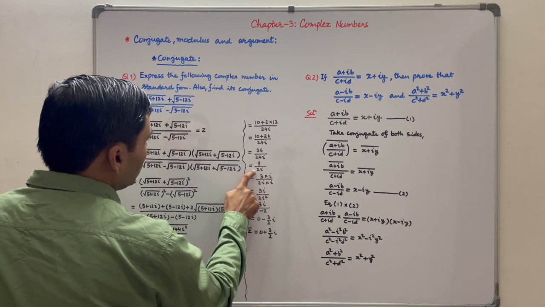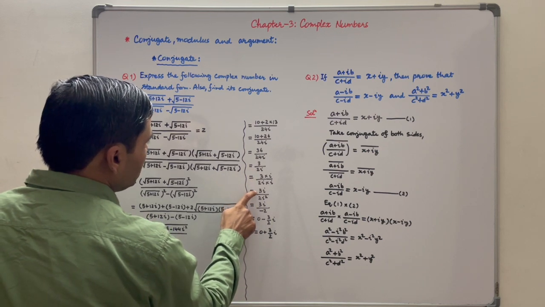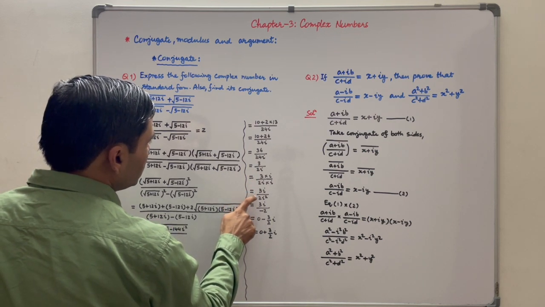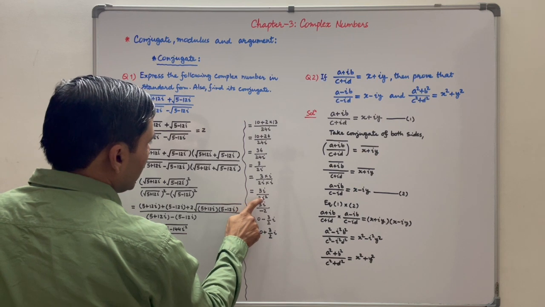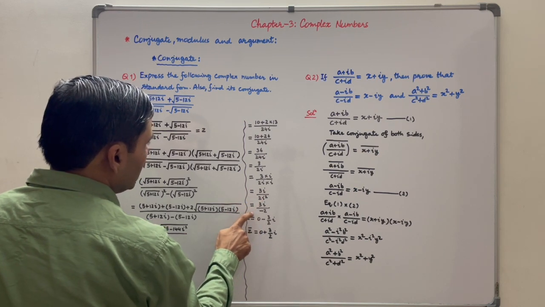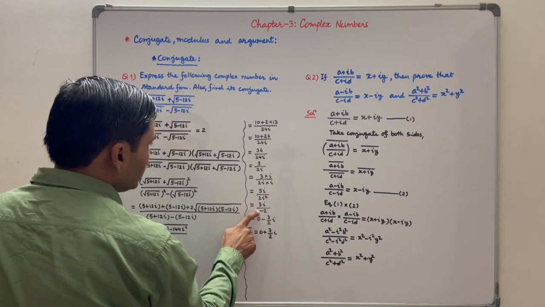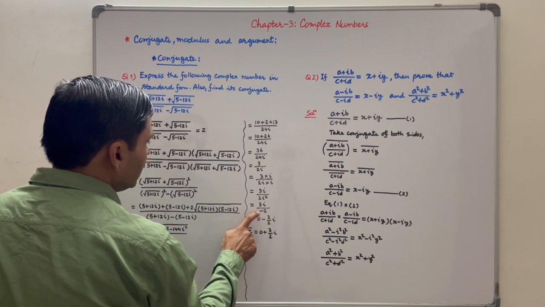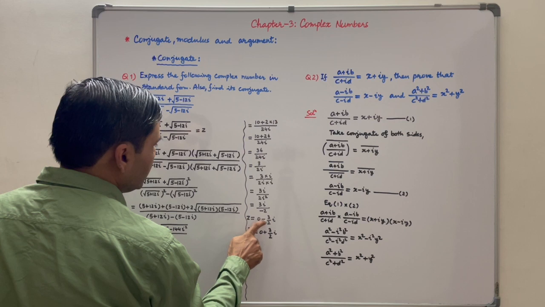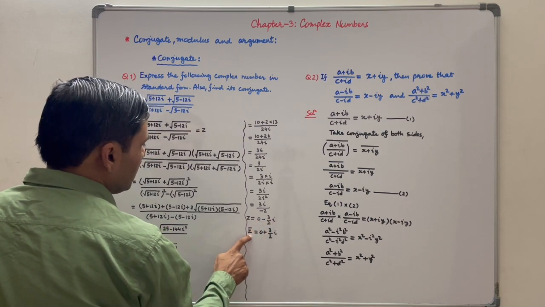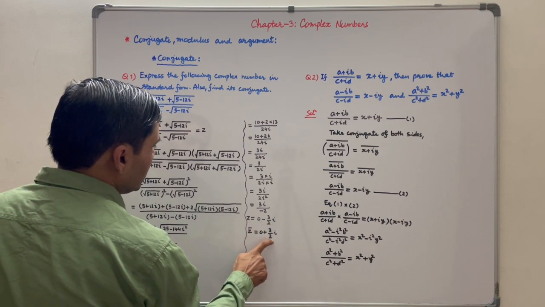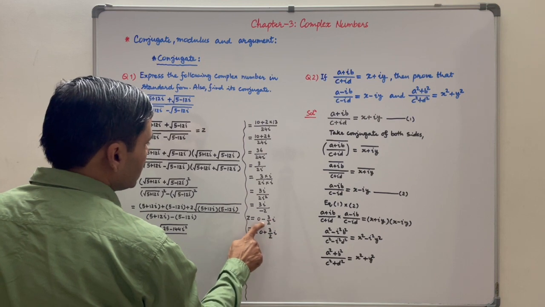Now we will multiply both numerator and denominator by i. So the numerator becomes 3i and the denominator becomes 2i square. We know that i square is equal to minus 1. So z is equal to 3i upon minus 2. We can represent it in standard form as z is equal to 0 minus 3 by 2 i. z bar is equal to 0 plus 3 by 2 i. We just need to change the sign in between.